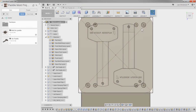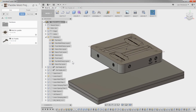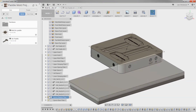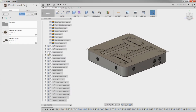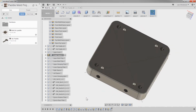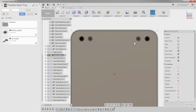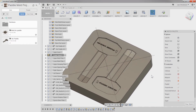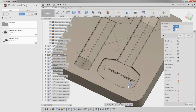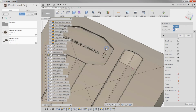So now in our sketch here, we have our holes right here. I'm going to hide the ejector holes, go into the lower insert. We can activate it, and if we want to create our ejector holes here on the back side, maybe the easiest way is create sketch, and now we should be able to project them over. There, there, there, and there's going to be one here, one there,